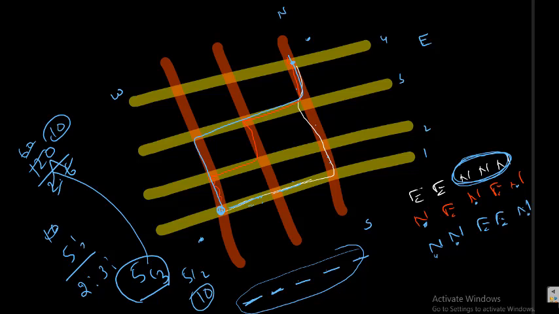Now I want to generalize the concept. How many roads are running from east to west? 1, 2, 3, 4. 4 roads. So 4 minus 1, north blocks. How many roads running from north to south? 3. 3 means 2 east, that is 3 minus 1 east blocks. 2 east blocks, 3 north blocks.